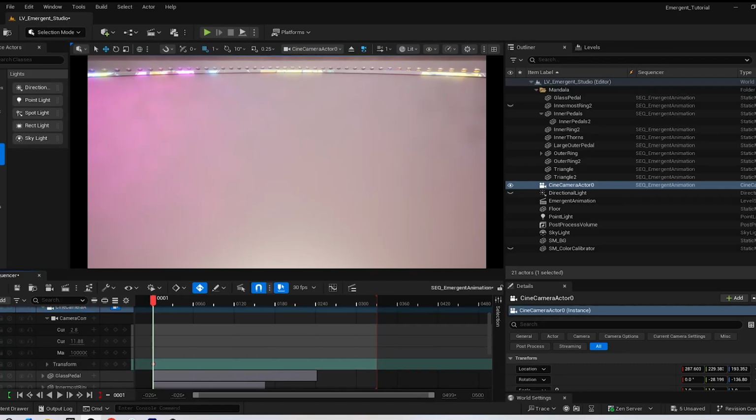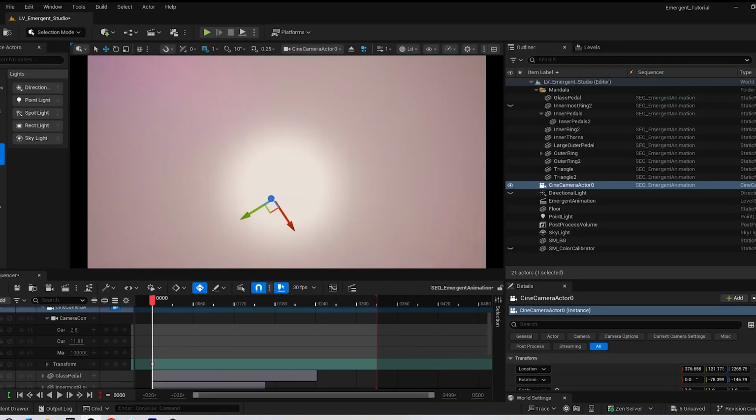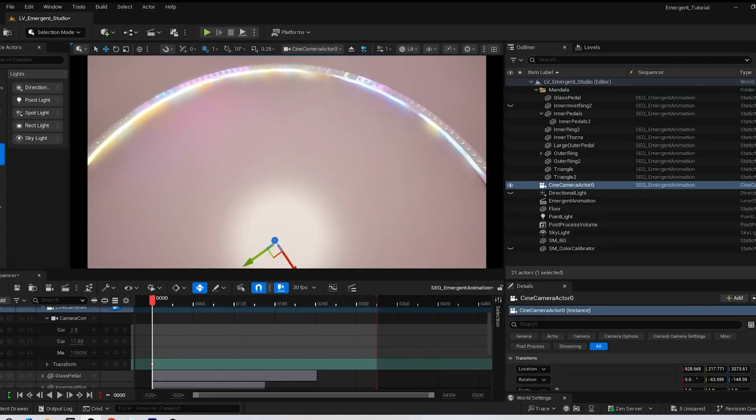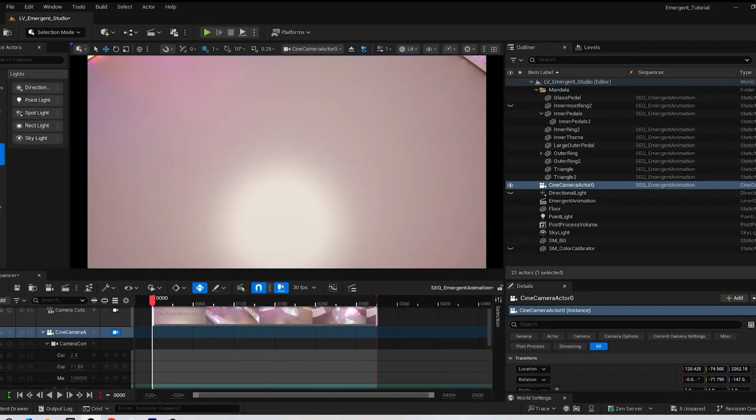We're gonna go to frame 0. We're gonna delete the key that it just made. Go to frame 0. Add a key. So let's see, where do we want to? And right now we're driving the camera, as you can see from right here. Once we dragged it onto the timeline and have it selected on the timeline, we're gonna look as if we're